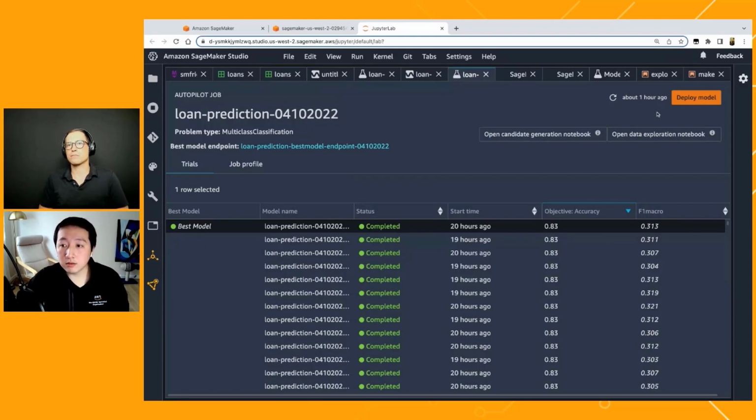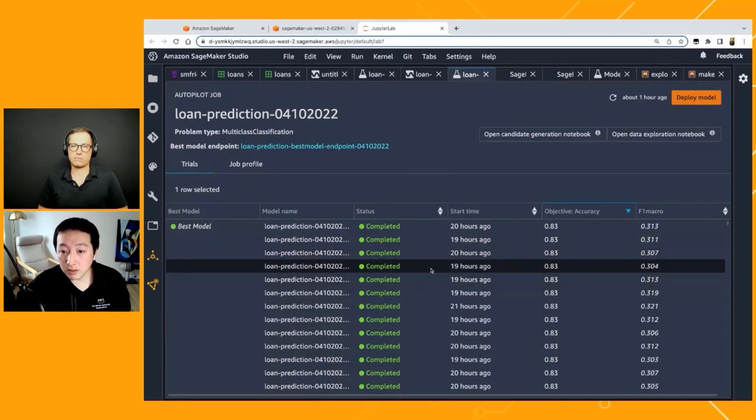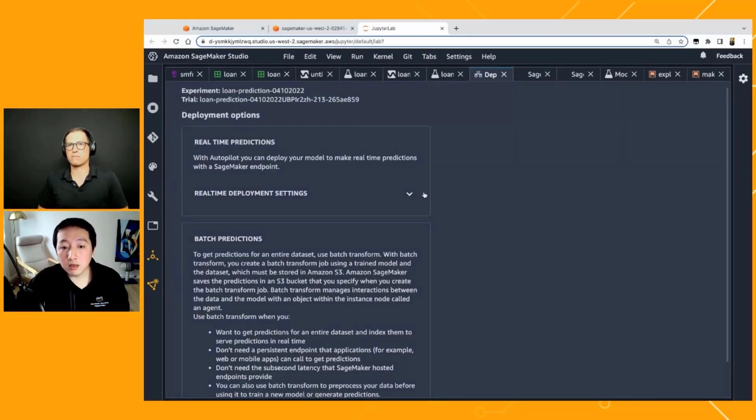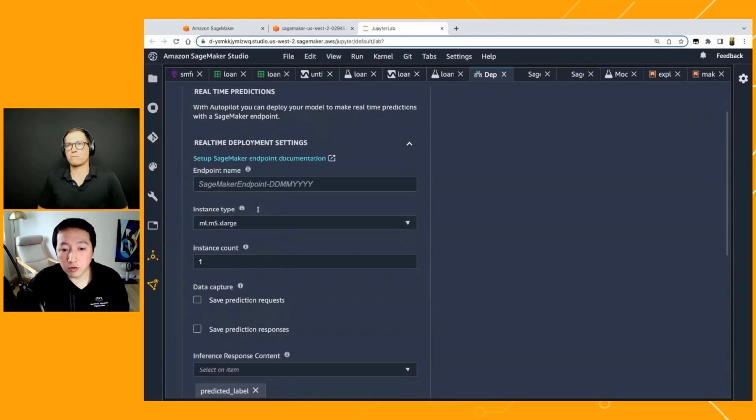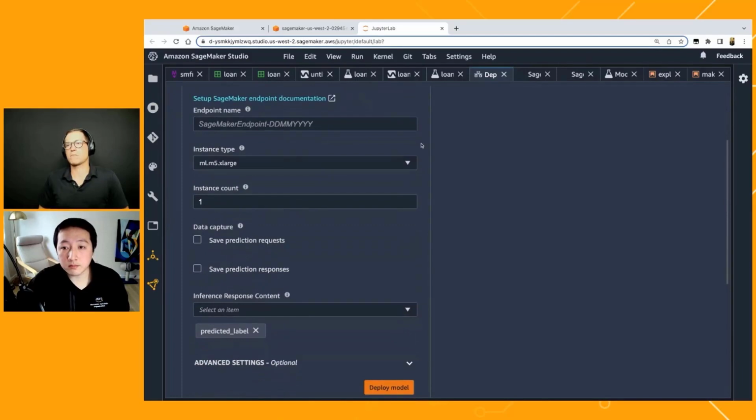But if you do want, you also have the option to choose other models, after certain exploration and analysis, reading those reports and understanding, oh okay, another model might be best suited for our business use case because it's higher precision or higher recall. You can choose other models and click on deploy models. And here you can easily fill in the form and start hosting the models in SageMaker real-time endpoints.